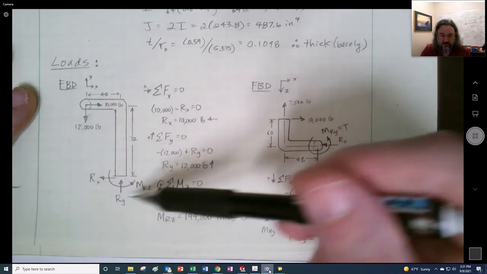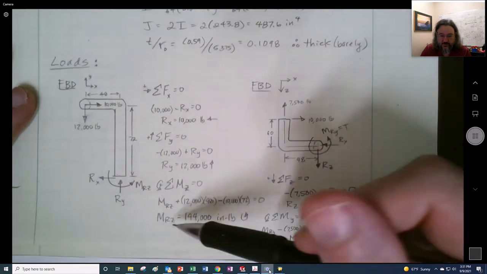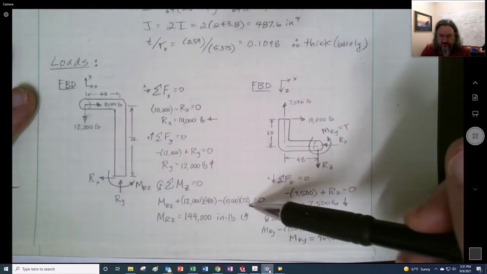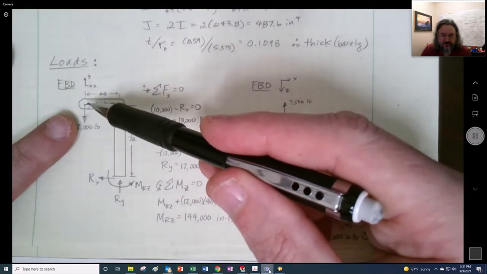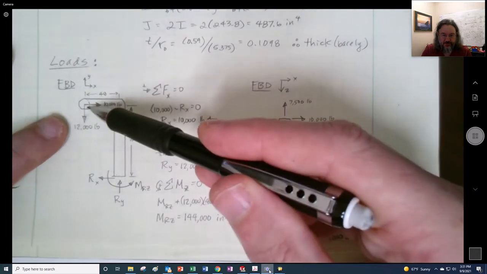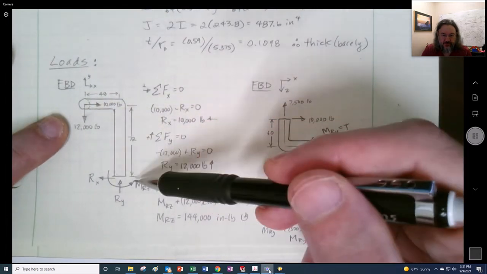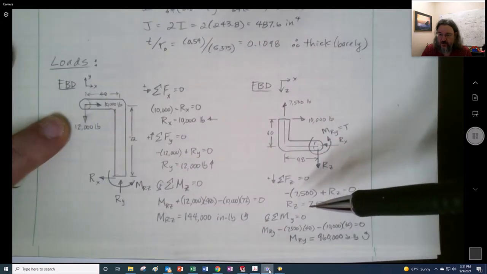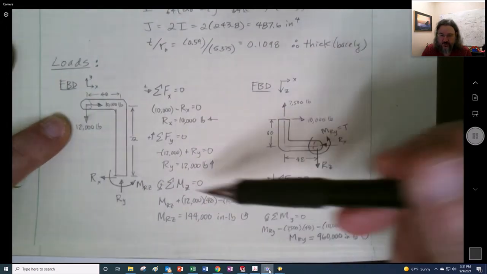So we're going right around there, and we're able to get that reaction. Noteworthy that these are in competition with each other, right? So this 10,000 wants to go clockwise. This 12,000 wants to go counterclockwise. We guessed that the answer would be counterclockwise, and sure enough, we got a positive answer, so it was